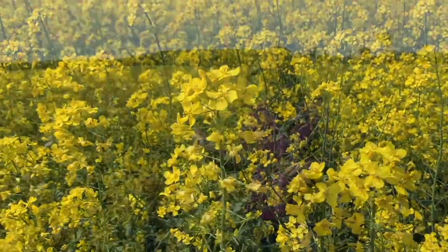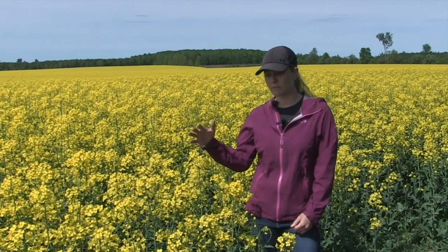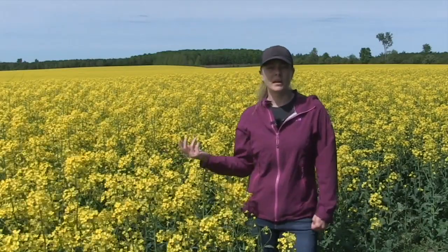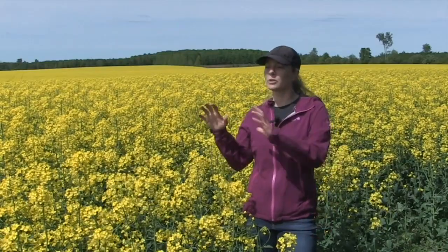And we all know canola really breaks up soil and is good for soil health. So I'd really like to see more growers put winter canola in rotation. And then here in, say, Wellington County or even Grey and Bruce, where we have that risk of swede midge in our spring crop, I really am excited about seeing growers put some winter canola in on fields that they expect to have good winter survival,